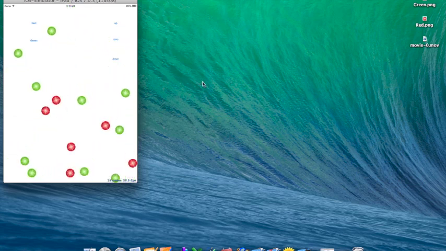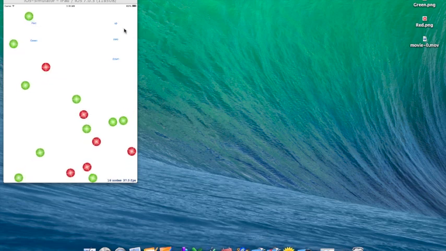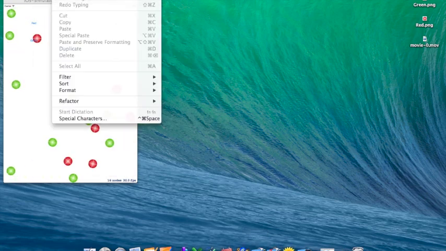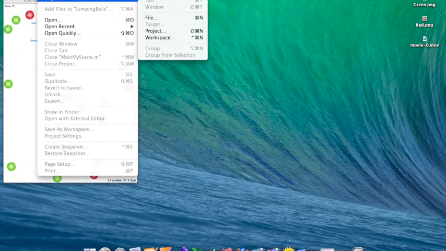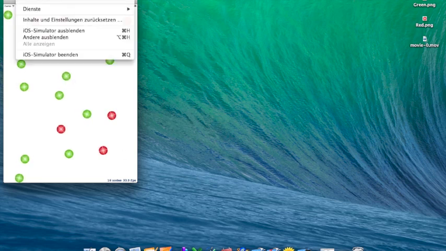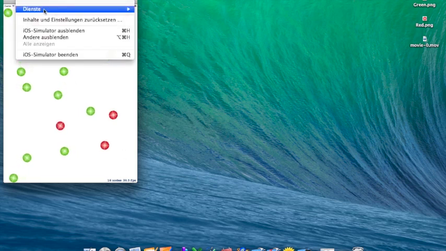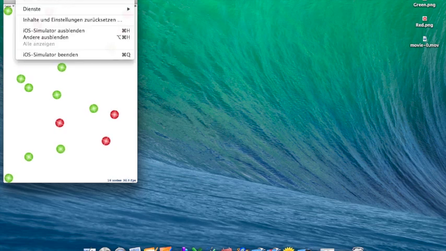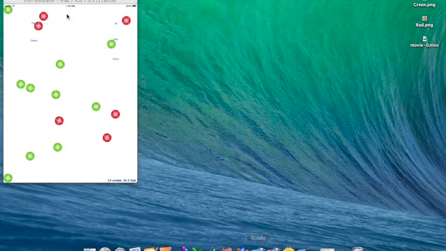So how is that done? It's done with a program that is called Xcode. This is a software development kit that you can get for free from Apple to download, and you can also program it here on those simulator screens without additional payment. So what you have to do here is, now I open a